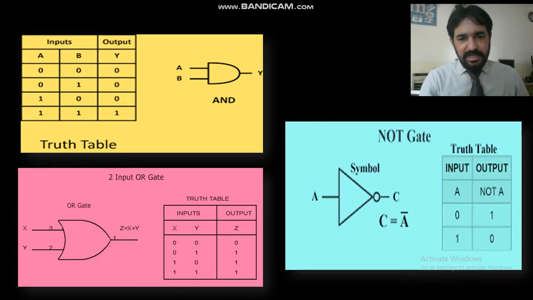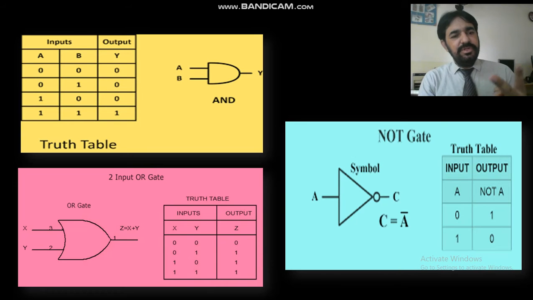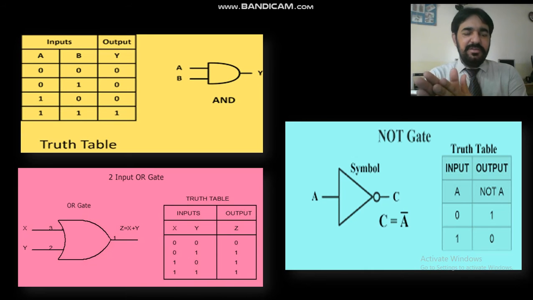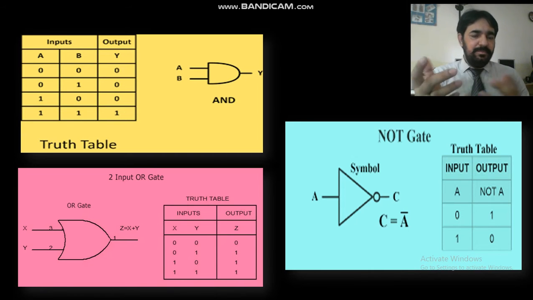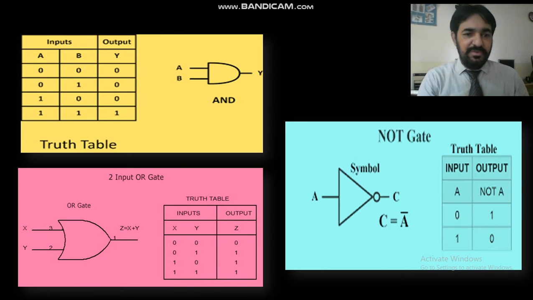So let's go to logic gates. These are basically truth tables for logic gates. For the AND gate that I was talking about, we need two inputs, A and B. You can see we have two input values or two states, A and B, and then definitely we have an output by comparing or whatever formula we apply.